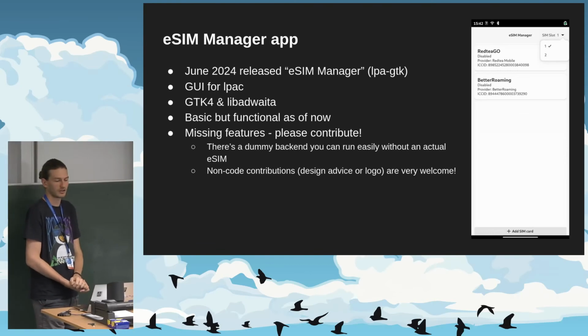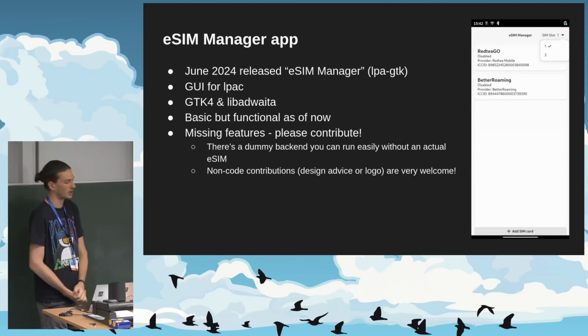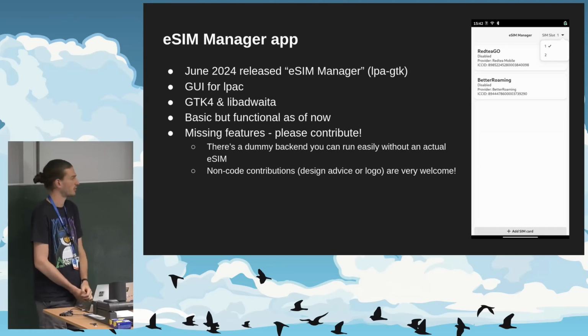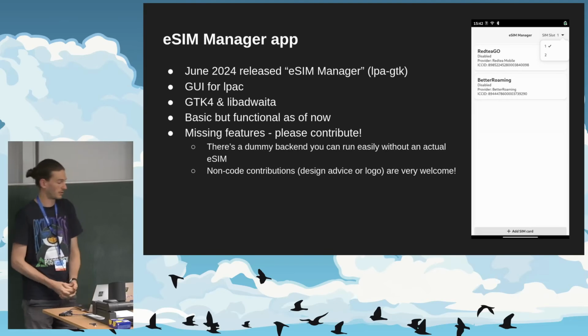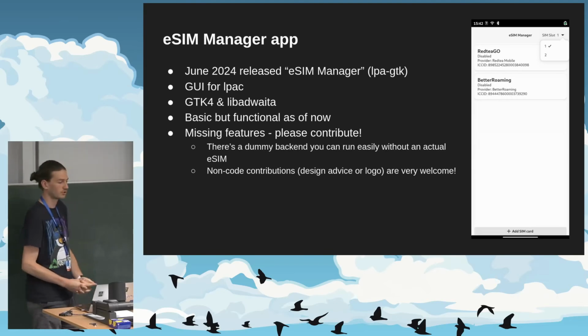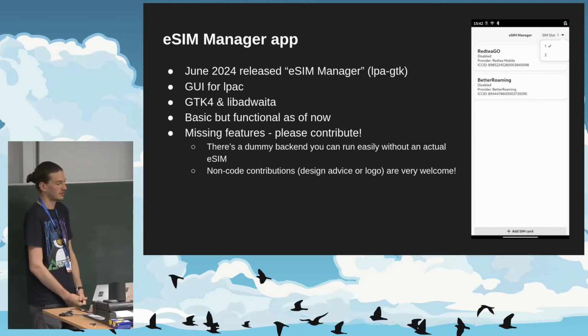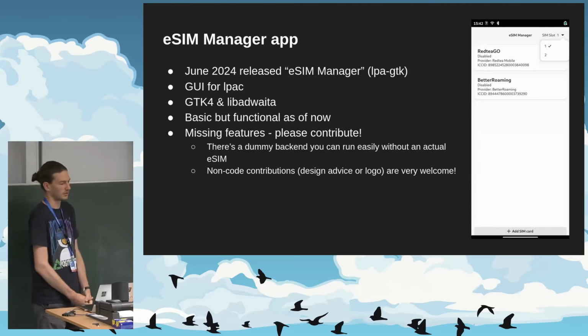So then I started writing my eSIM Manager app in GTK4 and libadwaita, to provide a graphical way to manage eSIMs on Linux Mobile specifically. So it is also just a GUI for LPSC. It doesn't really do anything special. It just calls LPSC in the background whenever you do something and makes a nice list from the output that LPSC gives me. It is definitely quite basic, but it is functional. So you can, as I said, do all the normal operations that we need: download a SIM card, enable it, disable it, delete it.